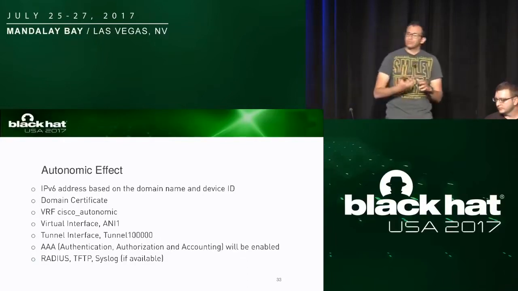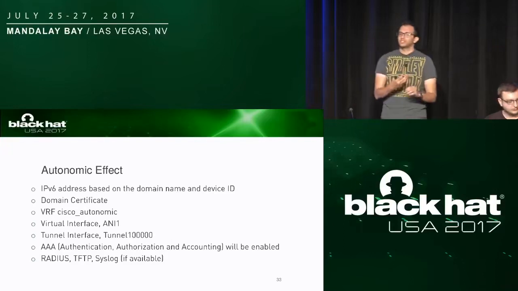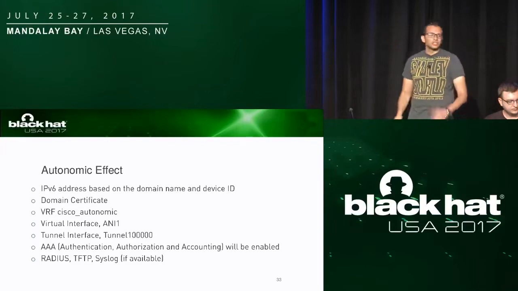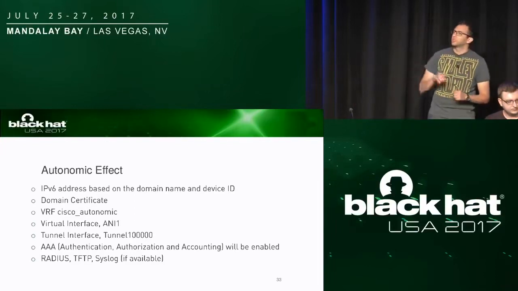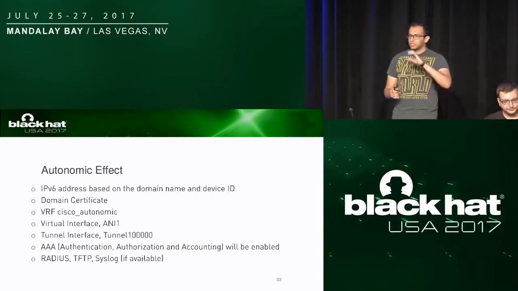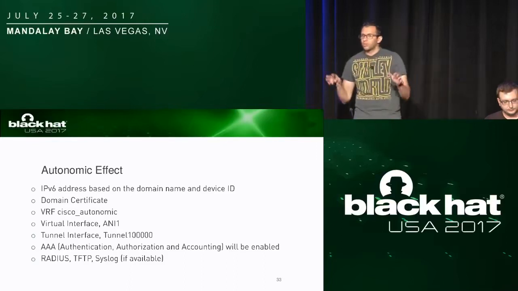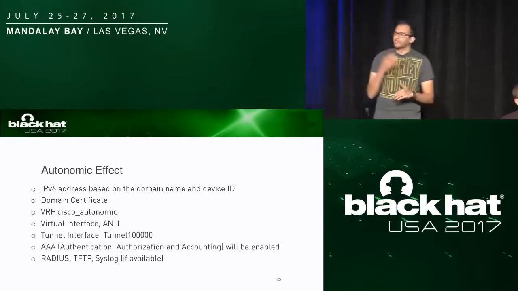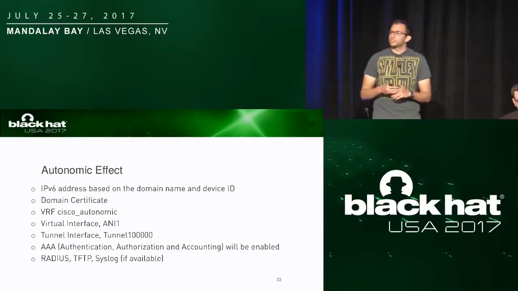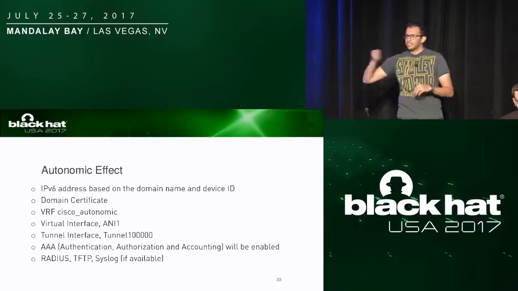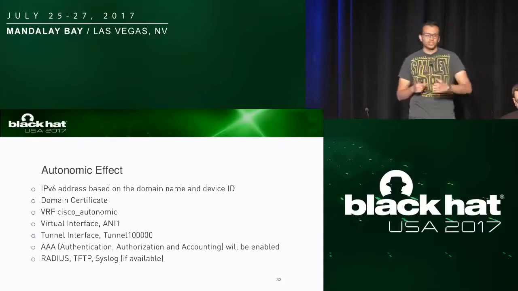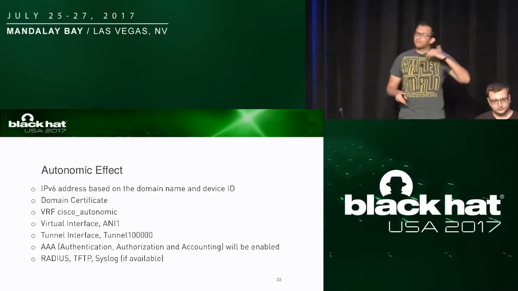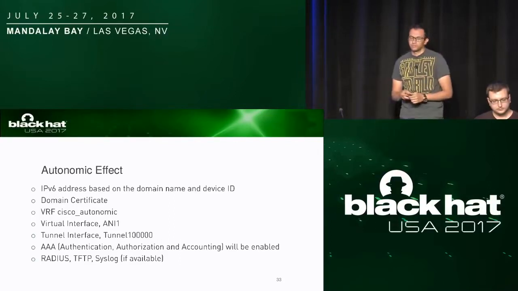So you don't even need to configure where your TFTP server is, where your RADIUS server is, what the IPs are. No, autonomic network is using mDNS, so you can just put the services you want in the mDNS, and they will be advertised and known by all devices within your network. And if you would like to put a further configuration on this device, you would just put a device name or a configuration file with the serial number of the device on the TFTP server, and it will be detected automatically, and you can even have additional configuration if you want.